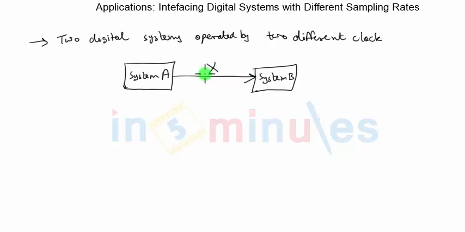system B. Now this can't be done if system A operates at, let's say, frequency Fx and system B operates at frequency Fy. Whatever output we get from system A will have the sampling rate of Fx, and hence it can't be given to system B unless its sampling rate is converted to Fy. So we will need a conversion of sampling rate from Fx to Fy of the signal which is at the output